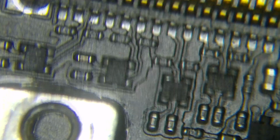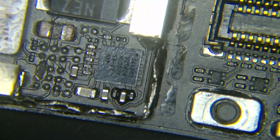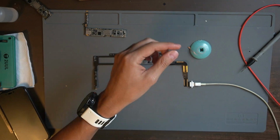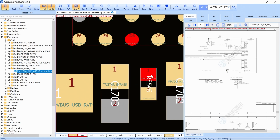Okay, so now we already changed our 3 star. We put another one. See, we have our 3 star right there. We put one from an iPhone 6s. So I'm going to connect the cable, and remember that we already checked this resistor right here, and we have a